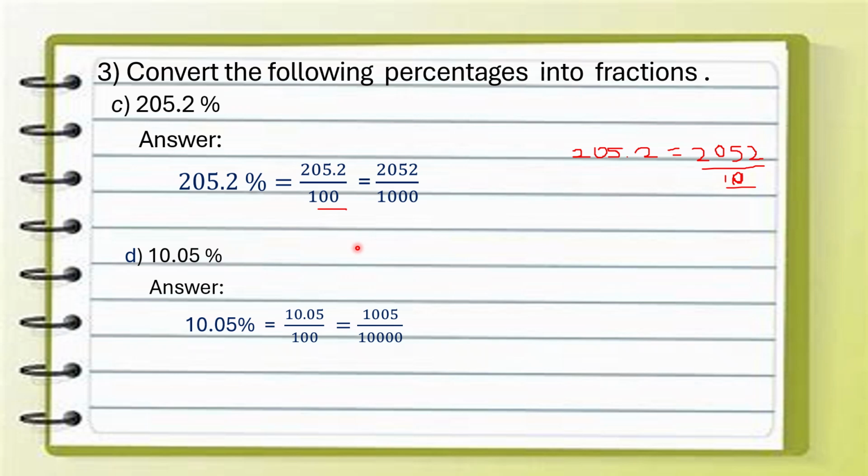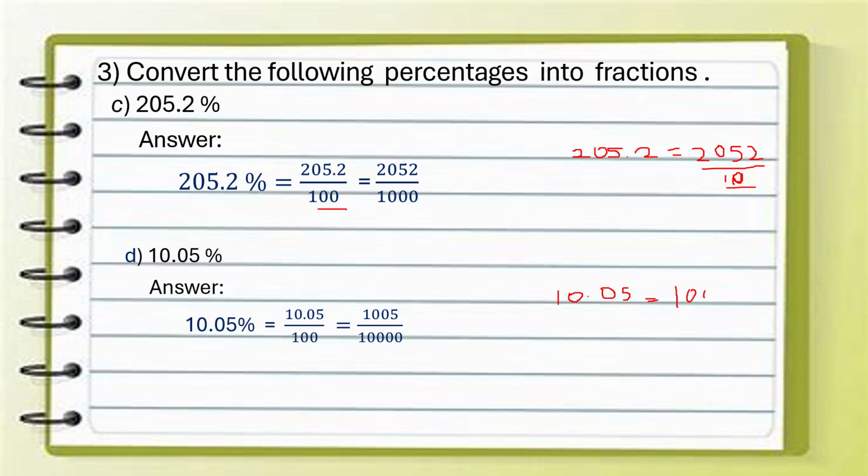D sum is 10.05 percentage. We have to convert into fractions. So how can we convert into fraction? So percentage means it's 100. So 10.05 by 100. Now what do we have to do? Just we take the numerator 10.05. So this we are going to write as a fraction. So 10.05 is equal to